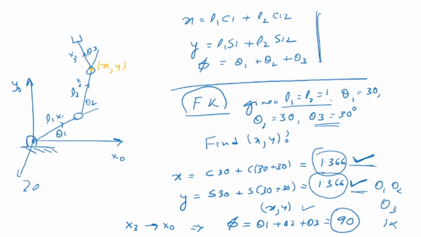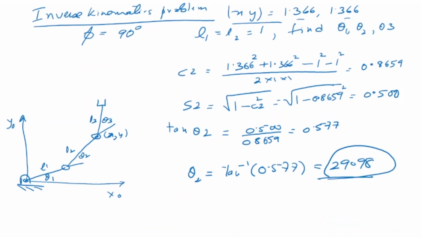So whatever you do, it will not be exact, because we have taken only 3 decimal places. You can take 4 or 5 decimal places, but still you will not get exactly 30 back, because there is some rounding error because of sine and cos. Okay, so this is my theta 2.